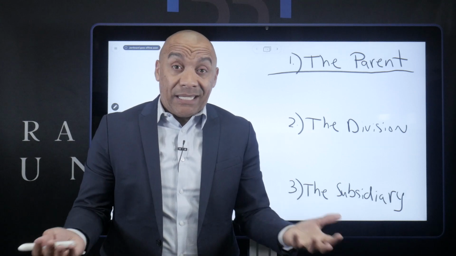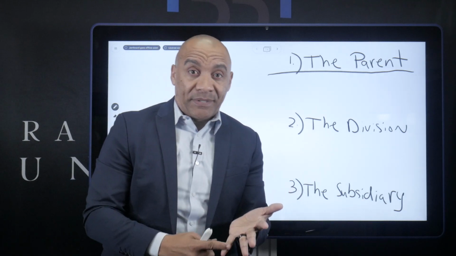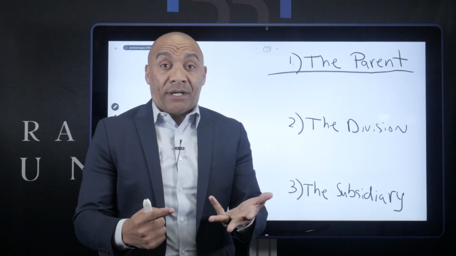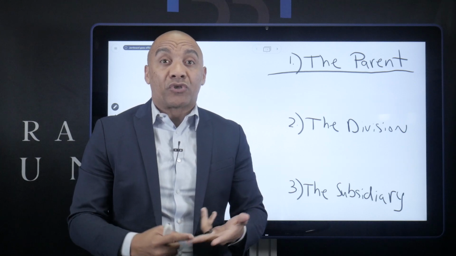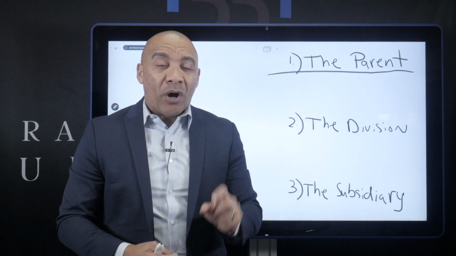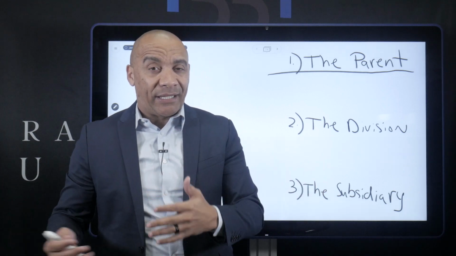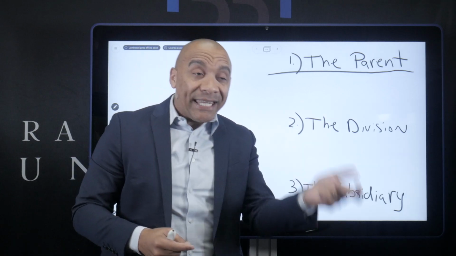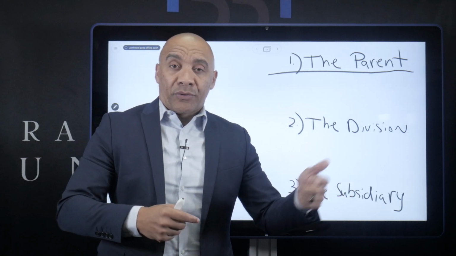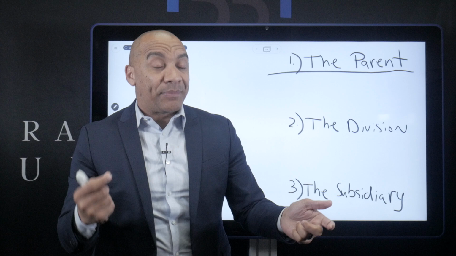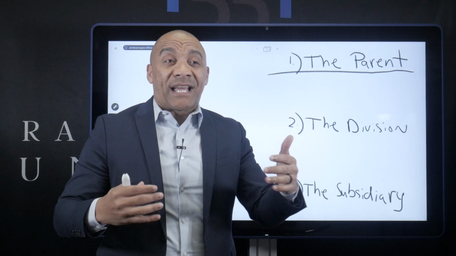Now, filing and forming the paperwork for the parent company is similar to filing and forming the paperwork for any company. In most cases, it's going to be an LLC. You're going to obtain your EIN number. You're going to obtain your articles of organization with the Secretary of State. You're going to draft an operating agreement. The only nuance to the holding company as opposed to any other LLC is that when you're obtaining your EIN with the IRS through your SS4 form, and when you're obtaining your articles of organization,